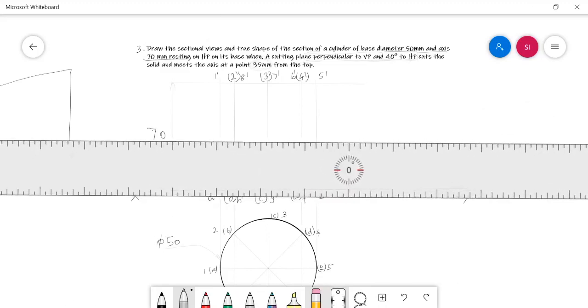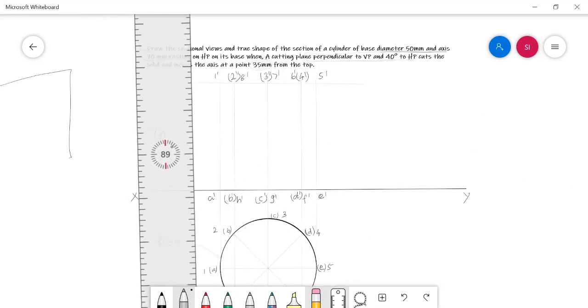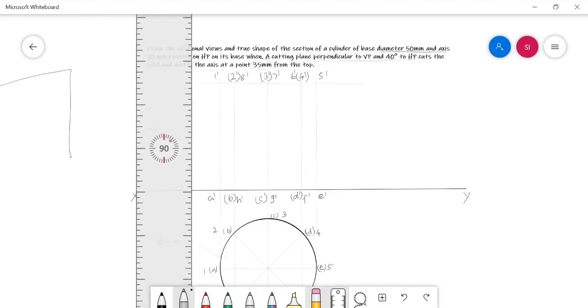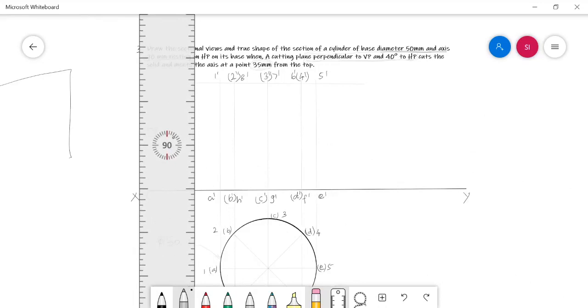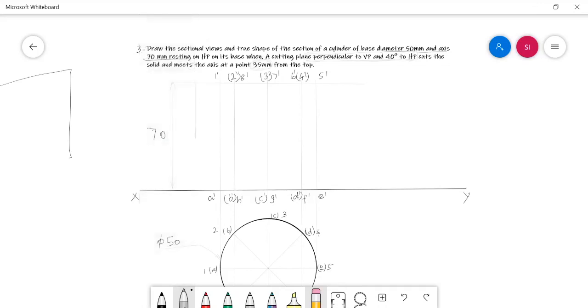So from the top of the solid, you have to measure 35 mm. And at this point, you have to cut the solid with the given cutting plane inclined 40 degree to HP.